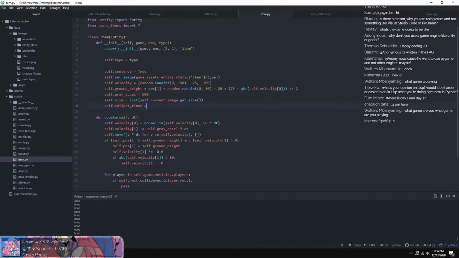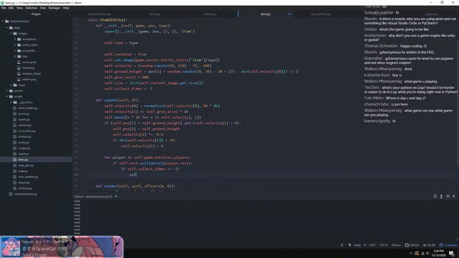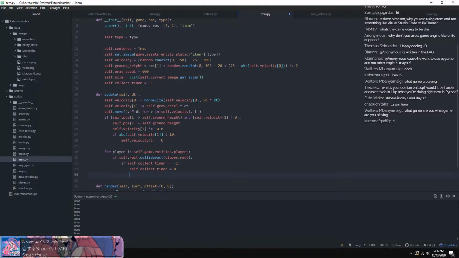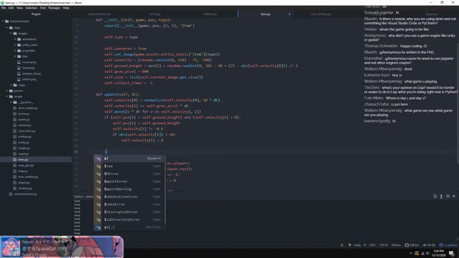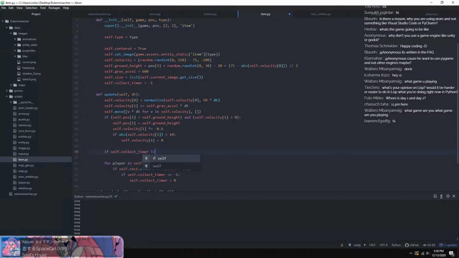Self.collect timer equals -1. If self.collect timer is -1, I can set it to 0. Why does it have the all equals 0? Now I do if self.collect timer does not equal -1,